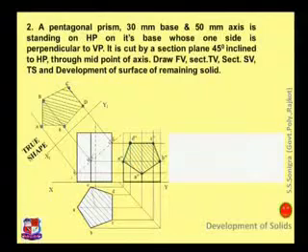It should be just 5 rectangles. Now think about the height. We know the height of this rectangle would be equal to the height of this prism, that is 50 mm, and the total width of this rectangle would be equal to 30 mm, the side length, so 30 mm into 5, that is 150 mm would be the total length.